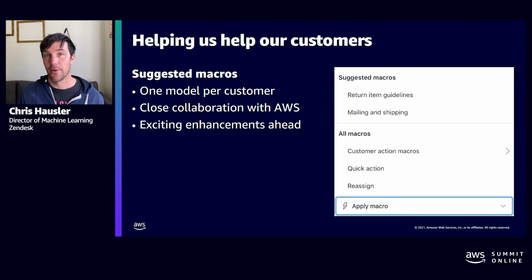So a feature that we're building at the moment that is currently in open beta is called suggested macros. So maybe a little bit of context, so you get an idea of what this feature does and why it's important. Within a support organization, support agents are often answering very similar questions that come in frequently. Things like, how do I reset my password? How do I update my shipping address, and so forth. One approach to this is to allow support agents to use what we call macros. They're like little shortcuts or automations that allow the agent to effectively automate a repetitive task.